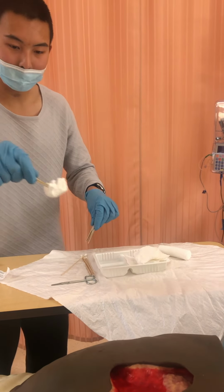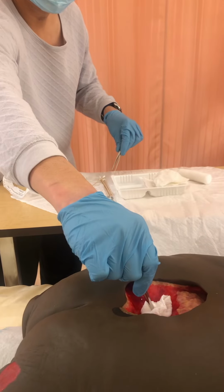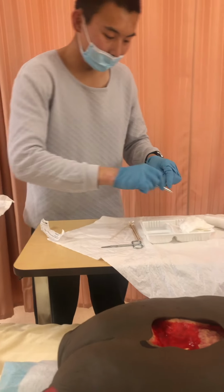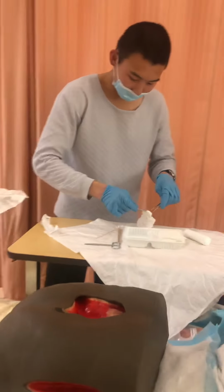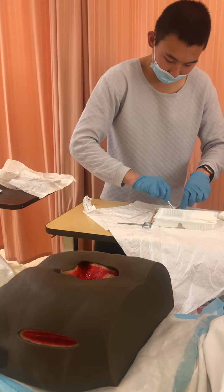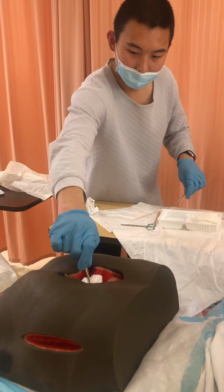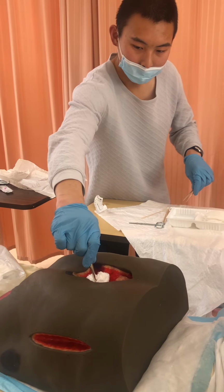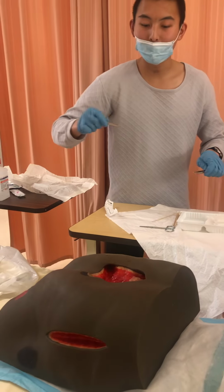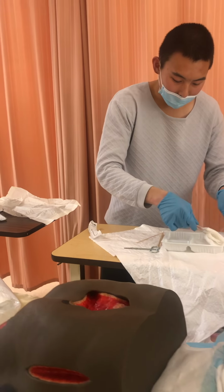And I'm going to dab to dry one, and drainage is a little bit to the abdominal padding. Probably I would still say moderate, and I'm gonna get another 4x4. I would say that there's no odor, and then I'll just keep that in. And I'm going to dab to dry again. And now it is dry, so now I will get 2x2s and make them wet in